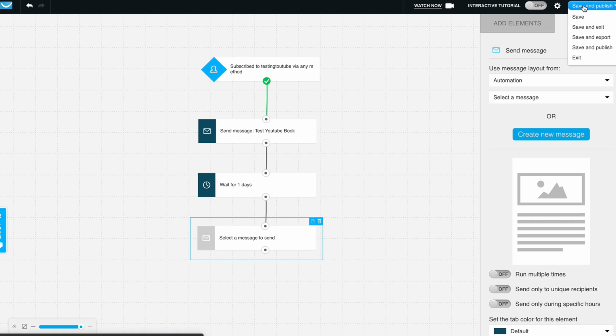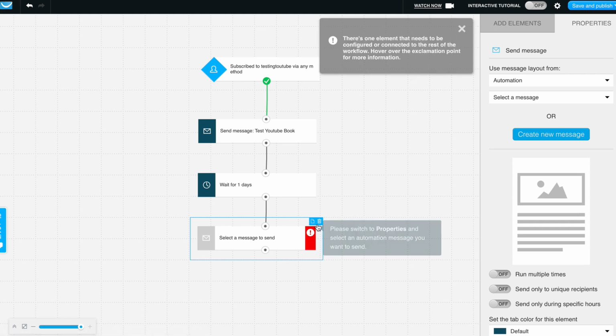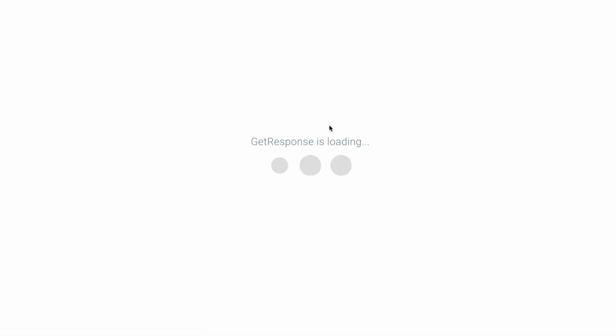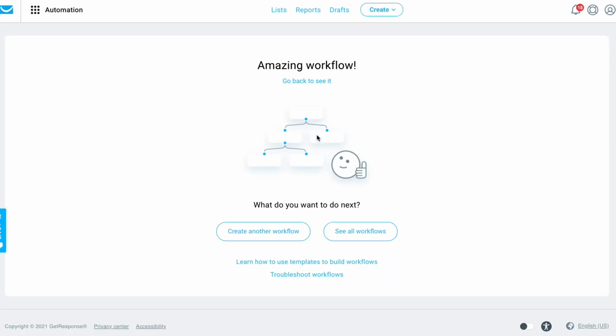And I'm just going to go save and publish. And that's the automation. Oh, okay, I've got to get rid of this. And that's the automation system in a nutshell. You can go and set up how to send out these emails. Now, once you actually build your email list, send out your emails. Now you can also go and send emails as a one-off email.